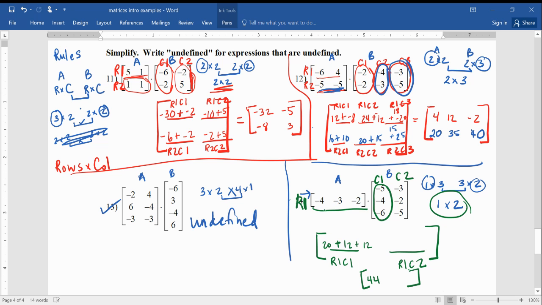Okay, now for this one, we've got to do row 1, column 2. So let's figure that out. Negative 4 times negative 3 is 12, plus negative 3 times negative 2 is 6, plus one more,